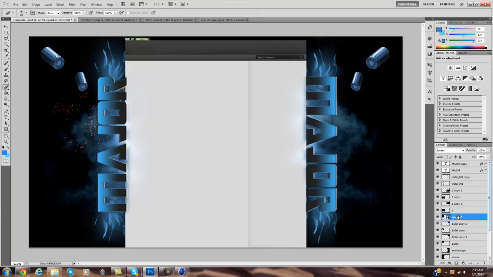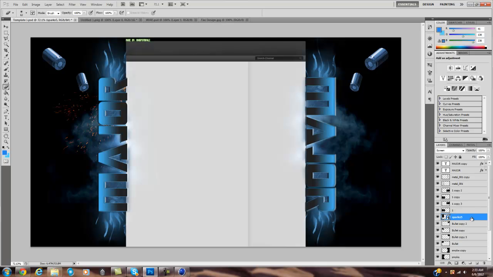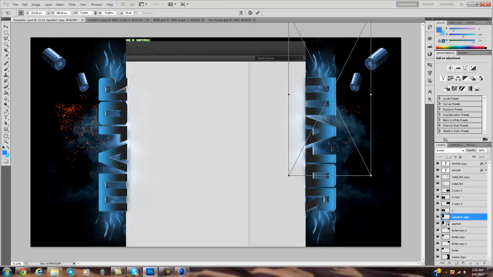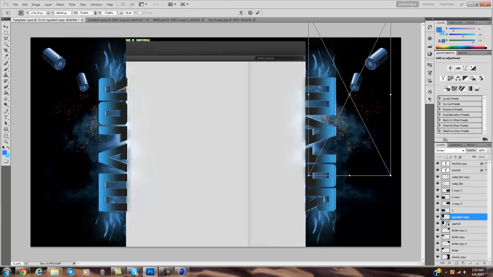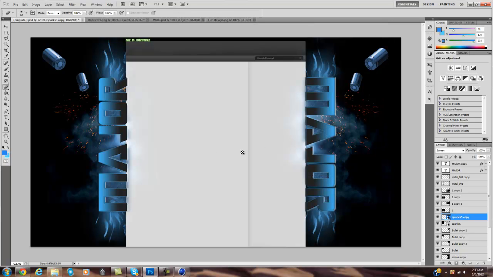And let's see, drag this, wait no, I'll leave it about right there, just so it looks like it hits the bullet. And then Control J, Control T, flip horizontal, and then drag it about like right there. And now you've got a pretty sick background. You can change the color of these if you want. I might leave them the way they are, and